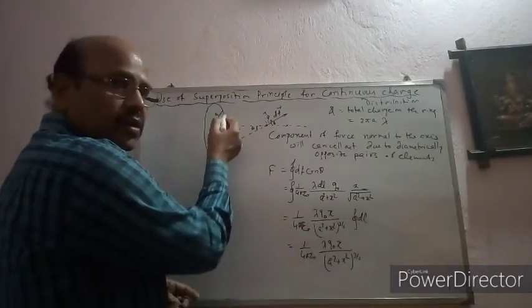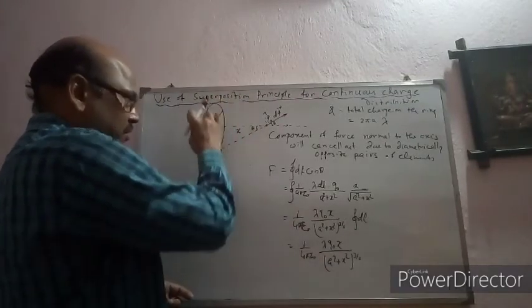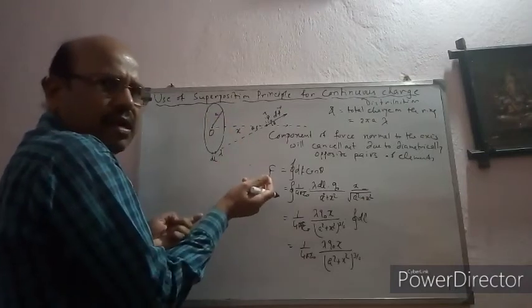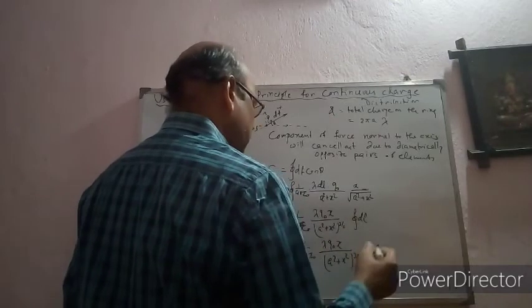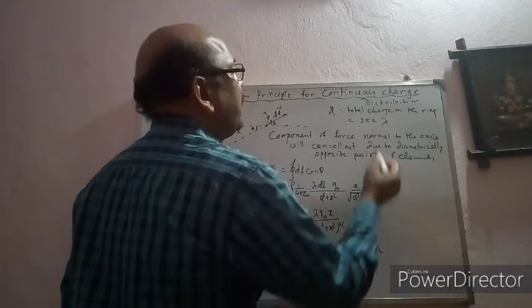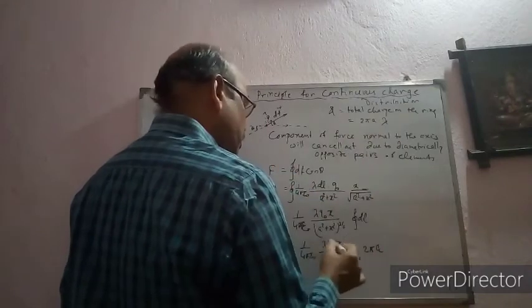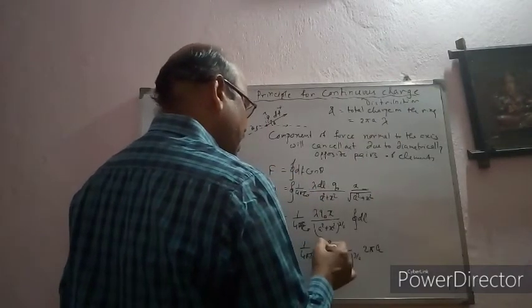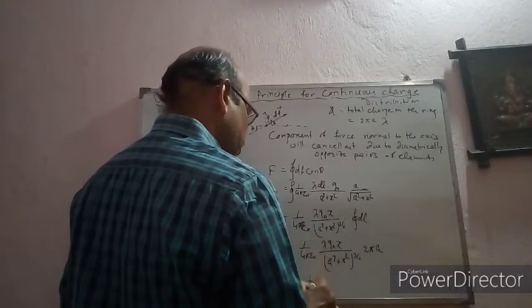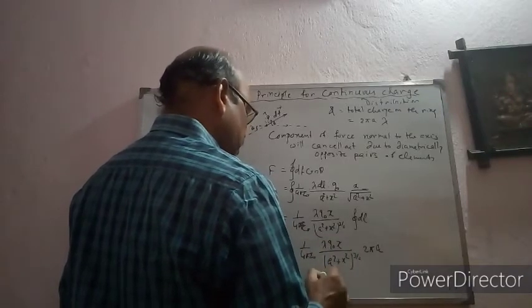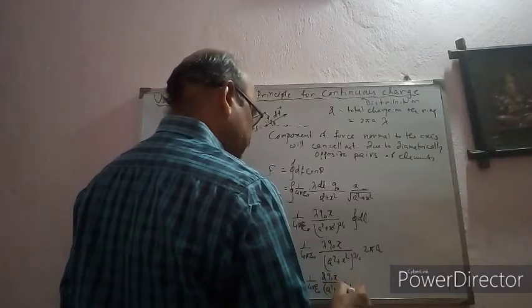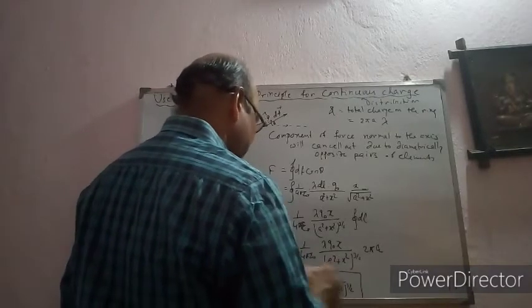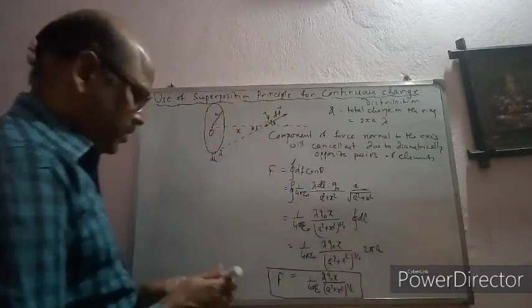The dl integral will be equal to, if I add all these elementary lengths throughout the circle, the total circumference of the circle. That means it is 2 pi a. But 2 pi a into lambda is q. So I can put 2 pi a lambda as q. So the expression becomes 1 by 4 pi epsilon naught, q naught q x by a square plus x square to the power 3 by 2. This is the force experienced by q naught, which is on the axis.